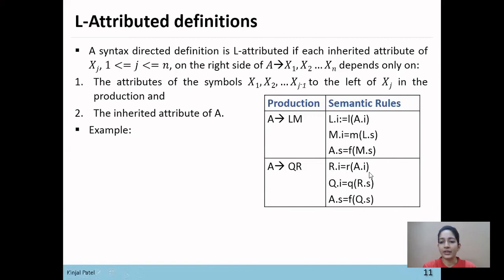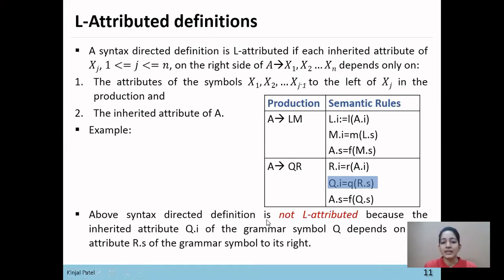Now next is Q.i equals R.s. So here Q is an inherited attribute and it depends on the right sibling, which is R.s. So this rule does not follow the rules of L-attributed definitions, as an inherited attribute cannot depend on right siblings. So the second production rule is not L-attributed because of the second semantic rule.